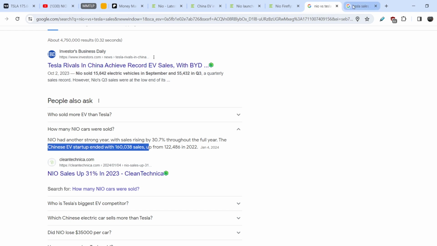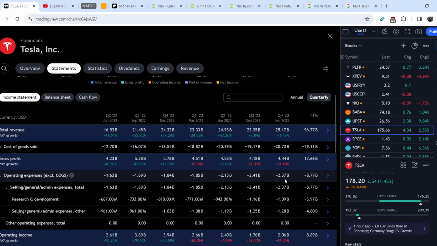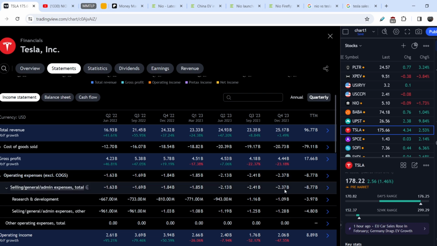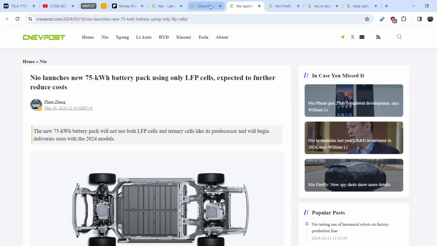And Tesla at the same year sold 1.8 million units, and this means they are more than 10 times ahead in the production numbers. Tesla is selling more than 10 times of their vehicles, and they have an R&D spendings just 2 times higher. This means NIO spends a lot